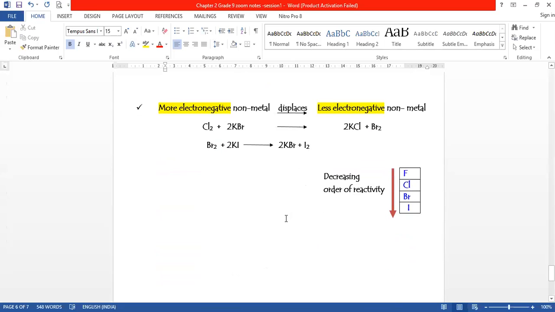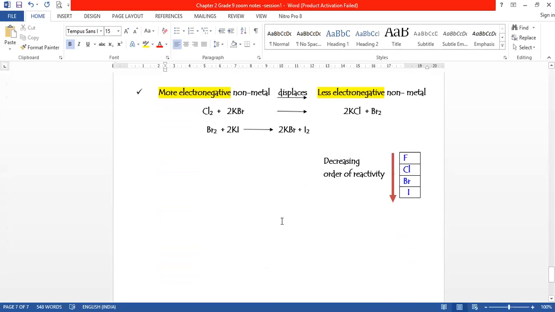Then the second type of reaction, as I told you, is for non-metals, and as I'm telling you, there are only a couple of reactions which will be asked, which are given here on the screen. When I take the non-metals, the one which is on top should go and displace the one at the bottom. We are not taking any fluoride compounds because they are highly unstable. Fluoride compounds are not generally formed, because even if formed, they undergo decomposition quite easily. So we don't take fluoride compounds.